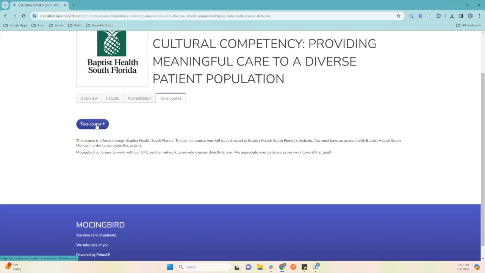When you go to take this course, it will take you to the third-party website where you can take that course and then upload the certificate back into your Mockingbird account upon completion. You could also email that certificate to